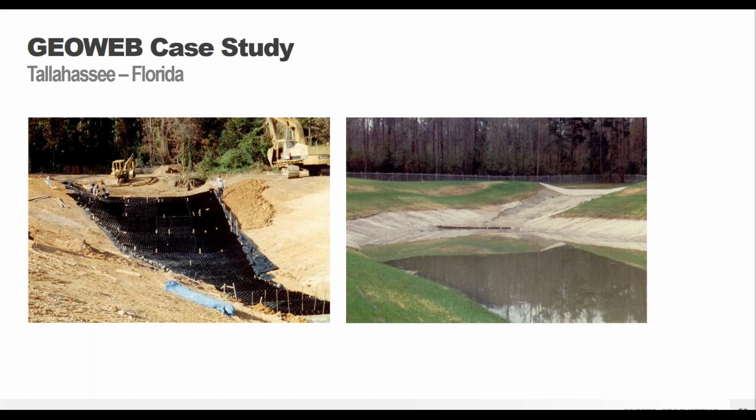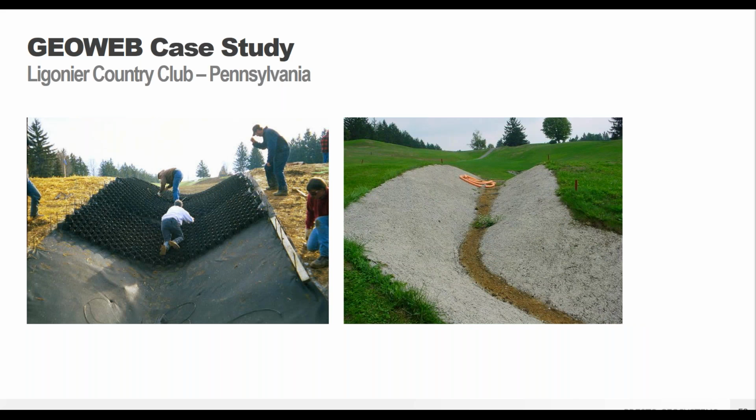But this is a great way to show the versatility and the flexibility of the GeoWeb panels, because they can fit in this sort of non-standard area and flex around and make the shape that you need it to without doing a lot of site prep or site work. So this was another application. This was up in Pennsylvania. So this was another sort of detention stormwater management channel where they were going to be able to bring in high water flows during storm events and direct that offsite to where it needed to go.